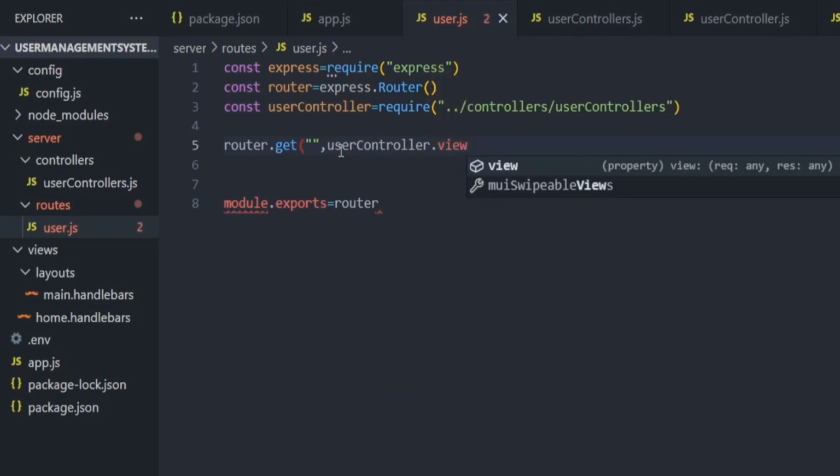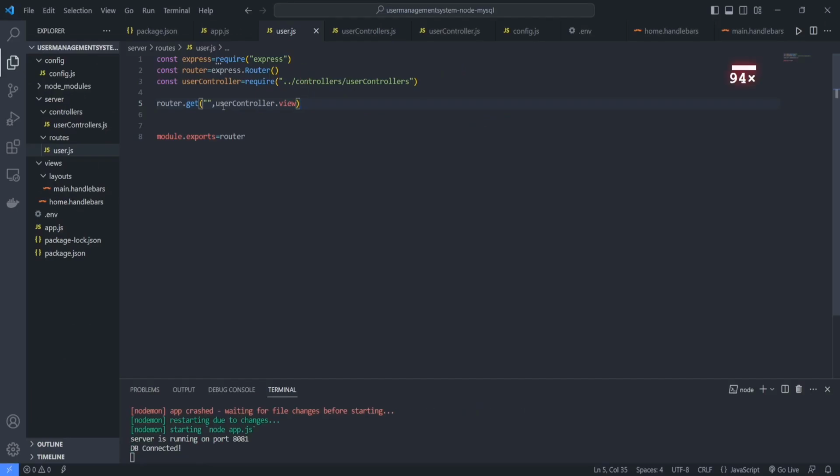View method, and close the bracket. And now as you can see, the server is running properly. And then save it again